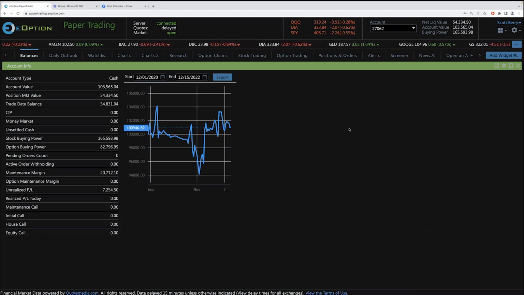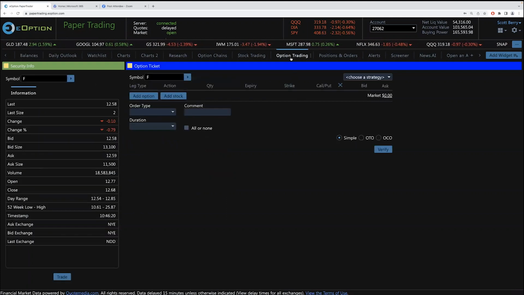And another way would be to protect profit in an existing position. So let's say you have a large gain in a stock and you don't necessarily want to sell it right away, but maybe you want to hedge against a potential downturn, maybe with an upcoming earnings or just general news and general market direction. You want to protect the profit. You can buy a put option to protect those shares. So when you first go in, you would go to an option trading screen